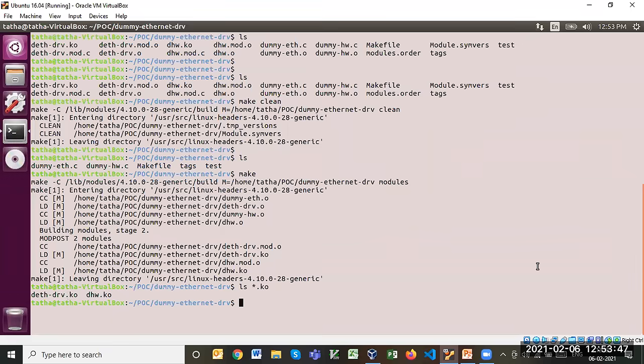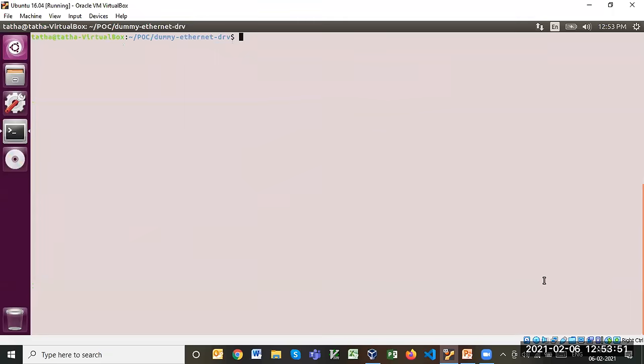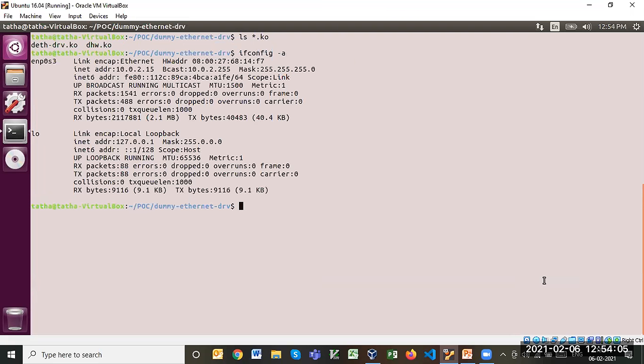So I need to first initialize this one, and then I need to install my device driver. Before that, I would like to show that whatever interfaces I currently have, only enp0s3 and lo, which means the loopback interface.